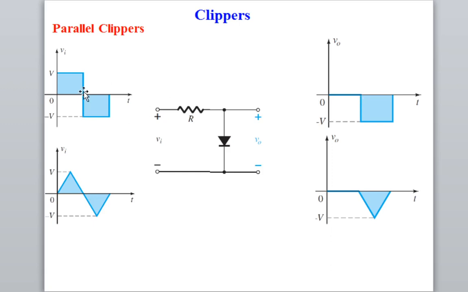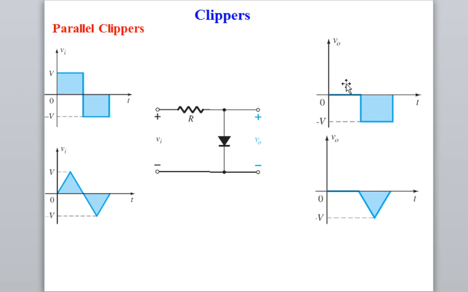If you go to the negative half cycle, 0 to minus V, the polarity will change to minus and plus, so the diode will go in reverse bias. It will behave like an open circuit, so the output voltage will be exactly equal to the applied input voltage. Whatever the input signal is, that will be the output voltage. So you get an output voltage of minus V. In this case, you have cut the positive portion of the given input signal and you are allowing only the negative portion of the signal.